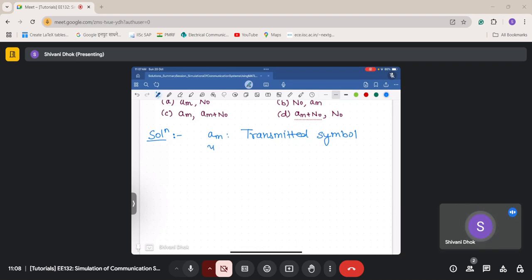Then you will receive YM. So this AM will be from a Comm constellation, so it will be like some CM into e power j theta m format. Okay, so it's a complex quantity. And then you have YM. So this is the transmitted symbol. Therefore, the received symbol